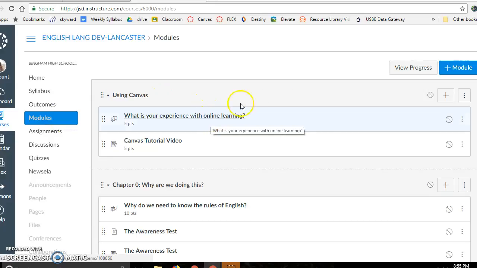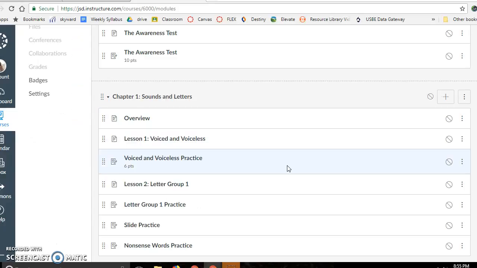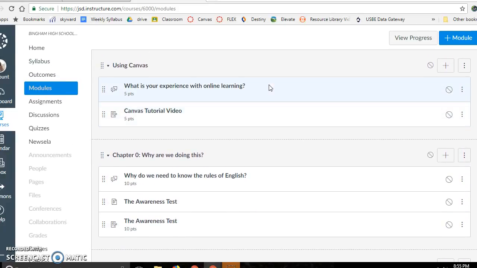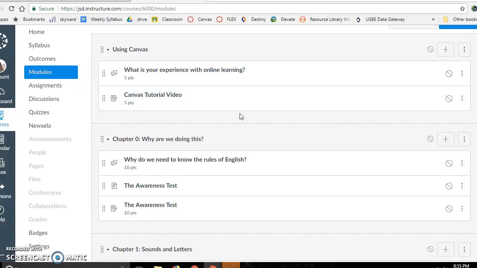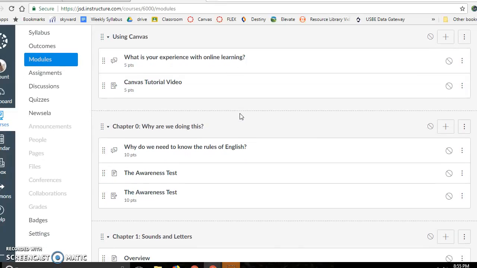So I have all of them also set that they have prerequisites. So they can't do this module until they've done this one. So I like to start with using Canvas and teaching them how to use the site because I found out that most of my students have never had a teacher that uses Canvas before. Most teachers at Bingham happen to be totally against anything new that is technological and fight it like a virus. So